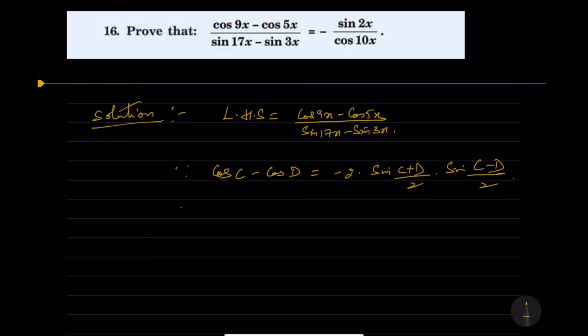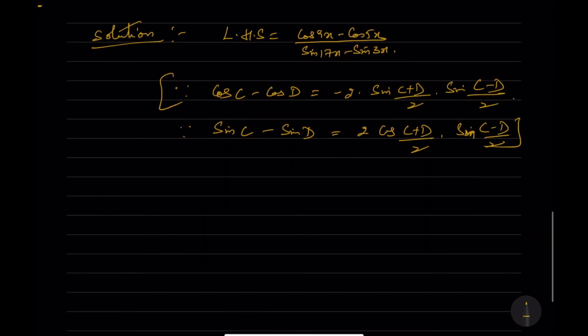And we also have, since sin c minus sin d can be written as equal to 2 cos of (c plus d) by 2 into sin of (c minus d) by 2. So using these formulas, we'll apply them above. LHS is equal to minus 2 sine of (9x plus 5x) by 2 into sine of (9x minus 5x) by 2 divided by